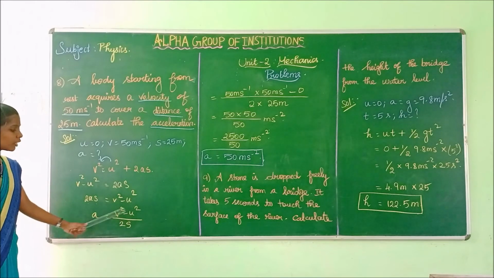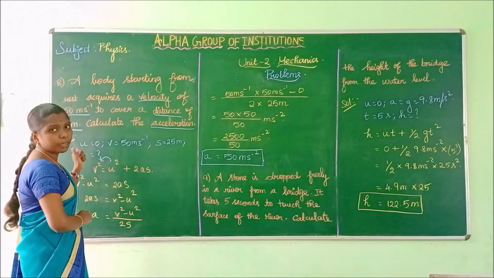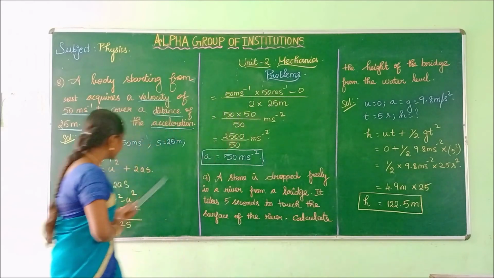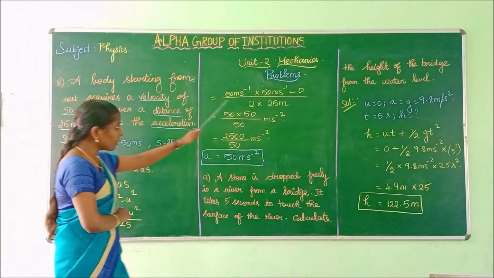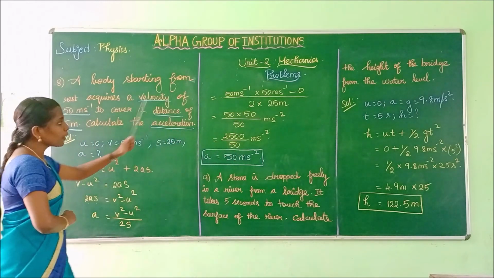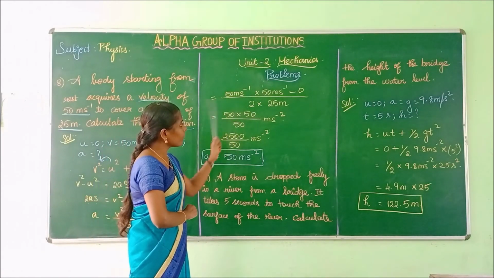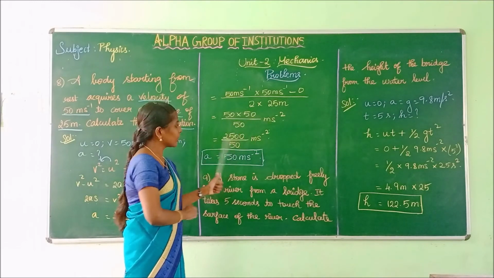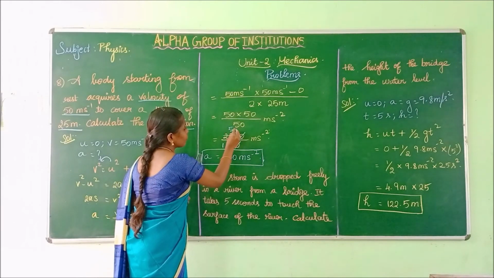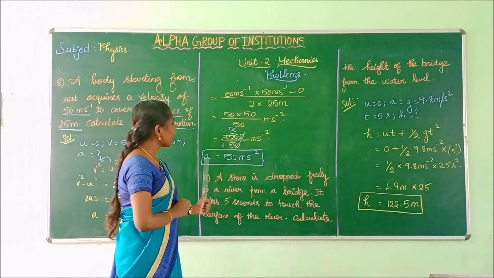Substitute the values for v, u and s in this formula. The value for v is 50 meter second power minus 1. So v square is 50 into 50, minus initial velocity, which is 0, minus 0. 2 into the value for distance, 25 meter. 50 into 50 is 2500, divided by 2 into 25, which is 50. This 0 and this 0 will get cancelled. 5 one time. 5 5s are 25. So 50 meter second power minus 2 is your acceleration.